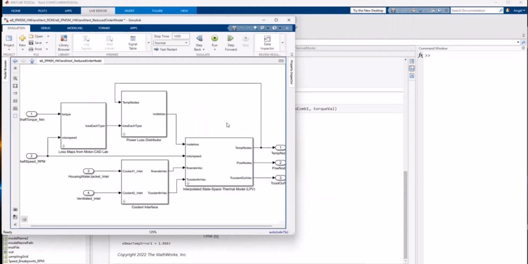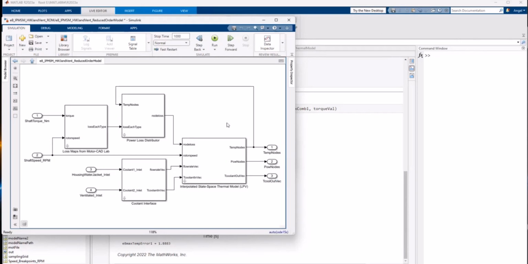But if I wanted to use different losses in this machine, if I didn't want to use the loss maps from MotorCAD Lab, could I just remove that block and add my own? Absolutely.